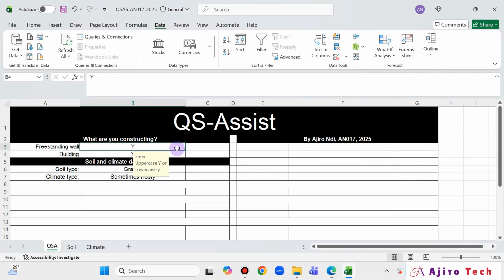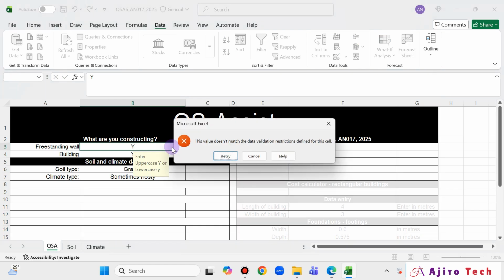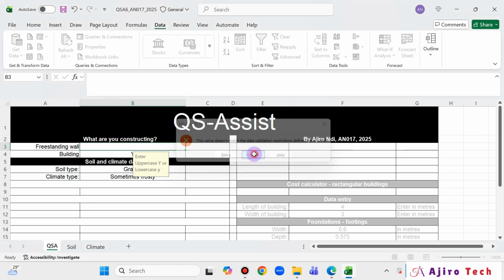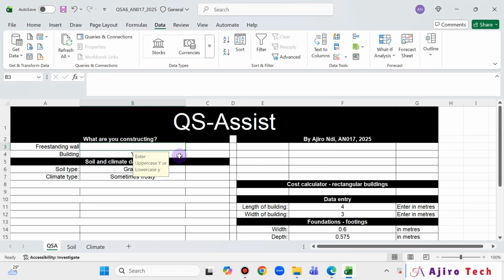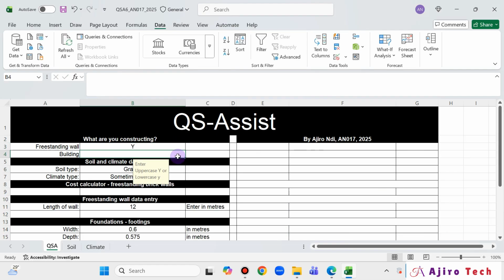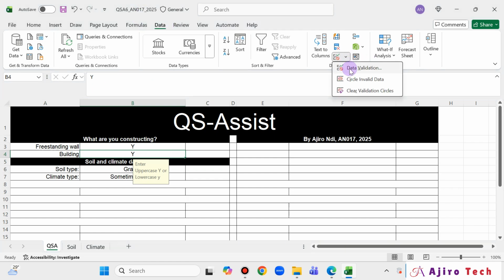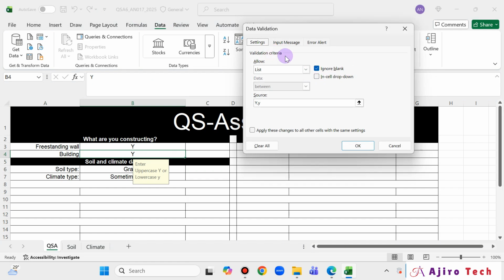So now, look at this. Let me delete this. If I put Y here, look at it. No, you can't put Y because there's already Y here. But if I delete this and put Y here and put Y here, it was still having that error. So we need to perform that for here as well. So under data validations, switch this to custom,